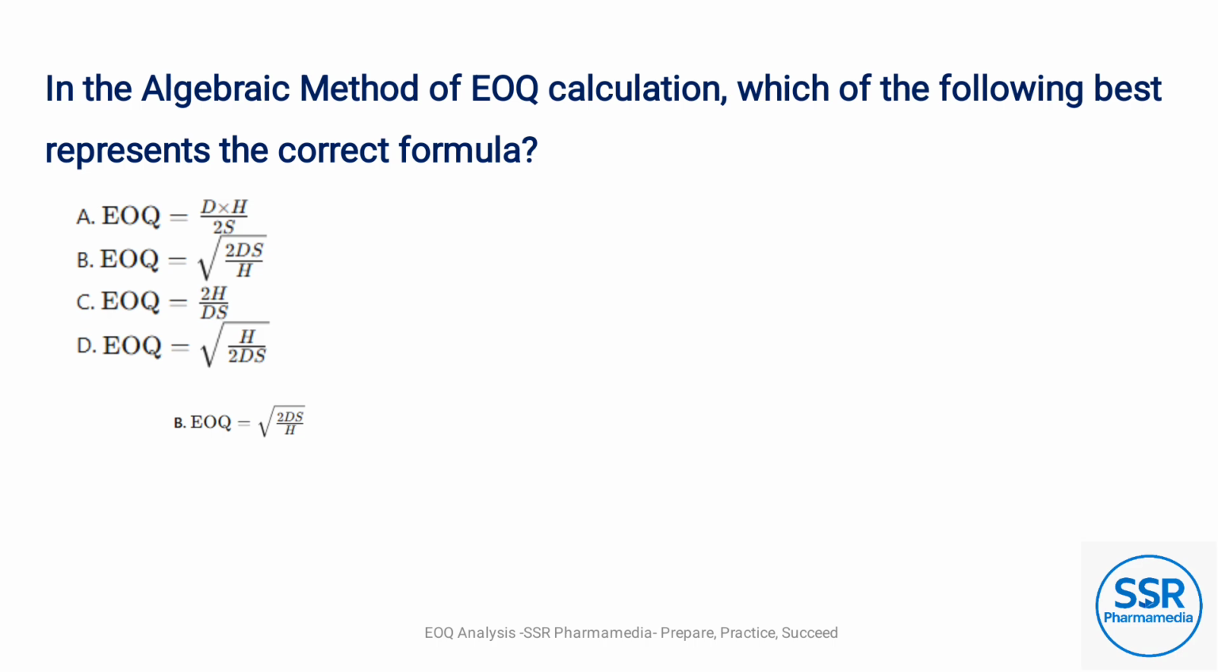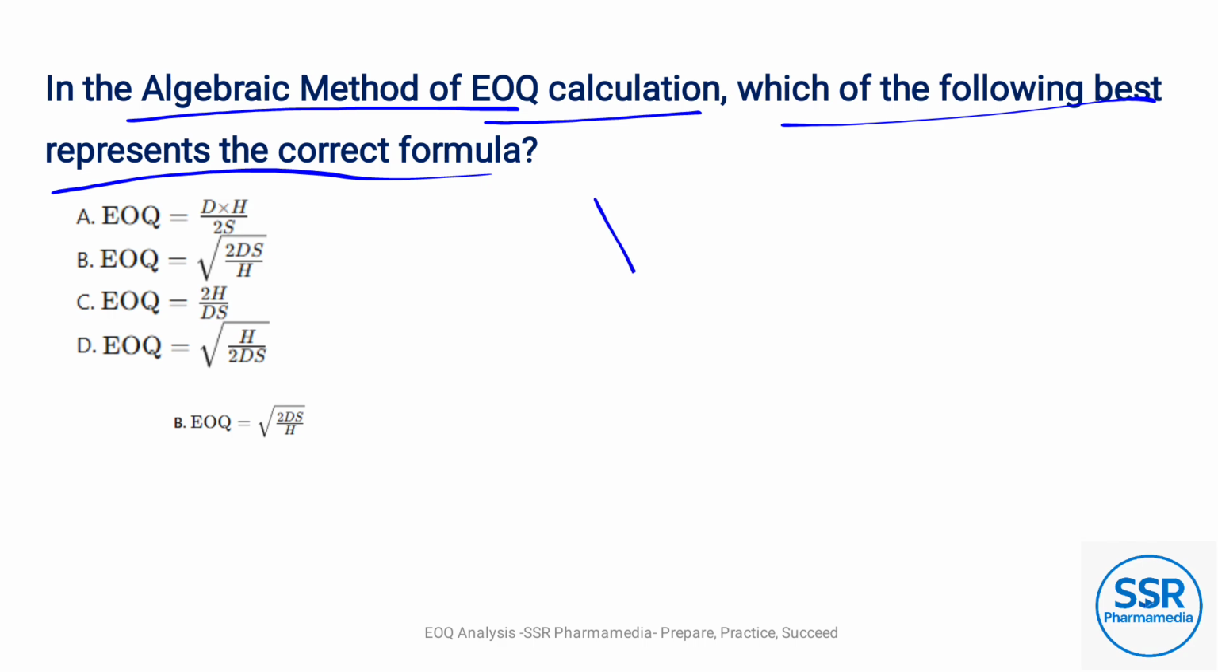So next question, the algebraic method of EOQ calculation. Which of the following best represents the correct formula? So this question was asked in the last DA, drug inspector exam. So among these 4 options, you find out which one is correct? So option B is the